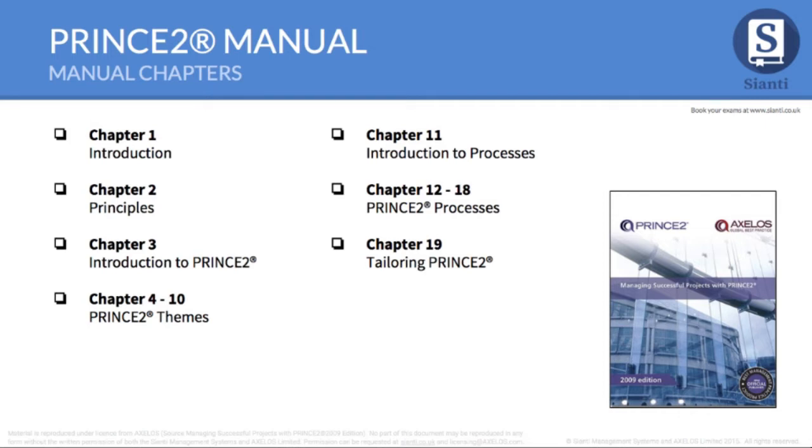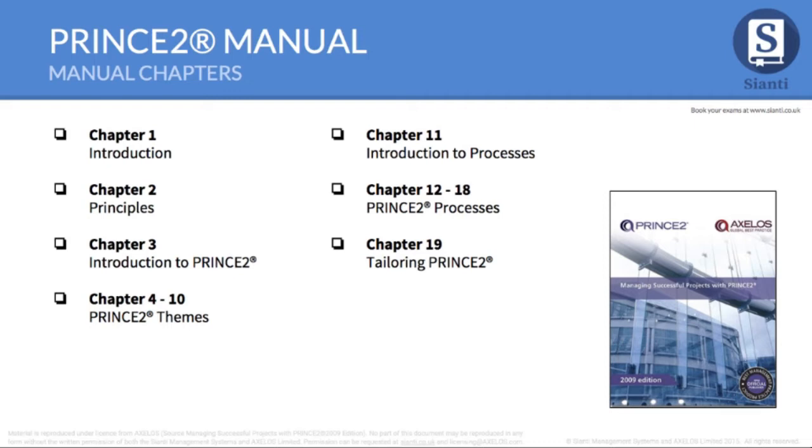Prince then introduces 7 themes which are project management topics, advising you or giving guidance on how to apply those topics again in a project environment, covering such things as how to organise your project, how to manage risks and quality, etc. Chapter 3 introduces those themes, saying briefly what they are. Then chapters 4 to 10 give a much more detailed description of the themes and how they can be used